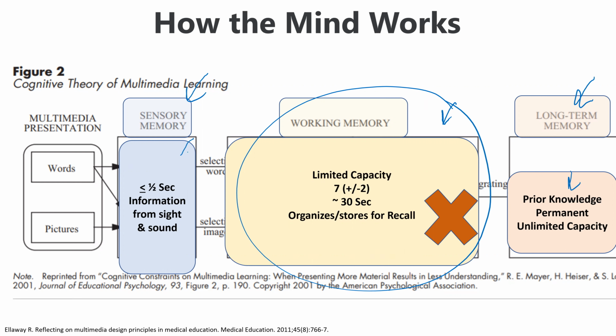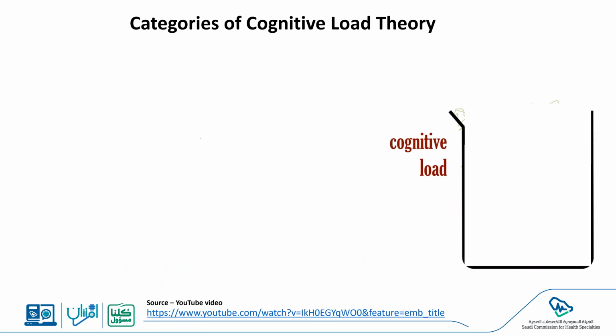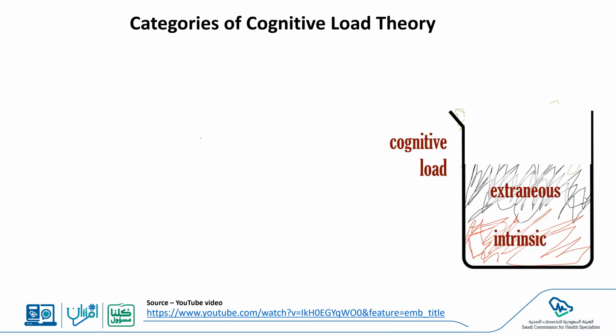So we talked about now the three assumptions: the dual channel, how it's activated in the brain, and then how it's stored. So now we're going to talk about what is cognitive overload. There seem to be categories for cognitive overload, and they categorize it into something called intrinsic cognitive overload,